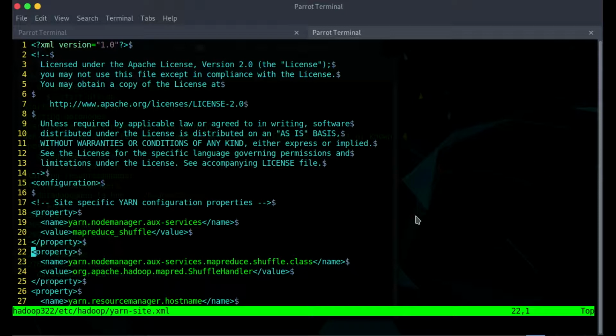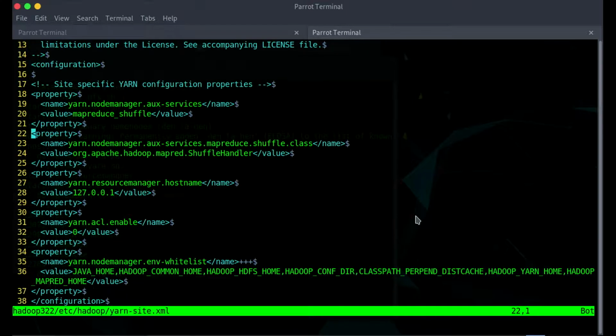I'll scroll slowly so that it gets recorded and you can simply refer to this and type into your editor. We have a configuration for the shuffler here, then we have one for the shuffle handler, and then we give the resource manager a simple IP.